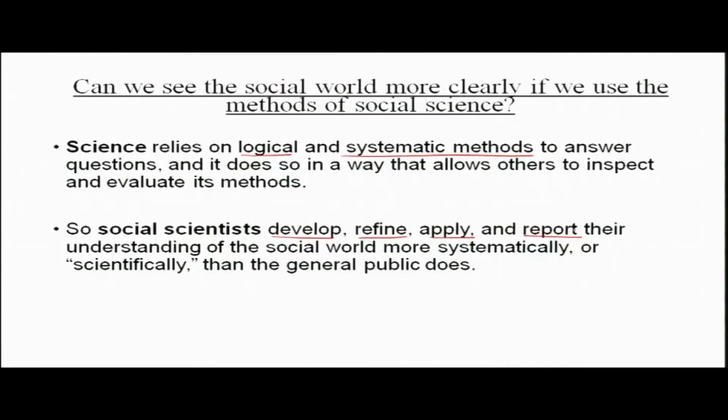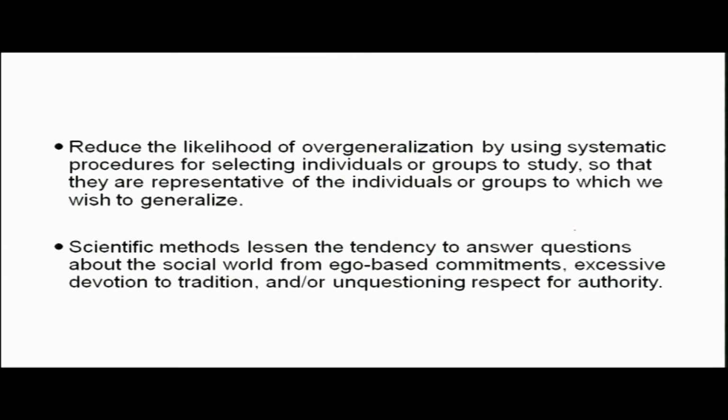So you have to constantly refine, apply and then find ways of reporting your findings in a systematic and scientific manner. So this is one of the starting points of understanding how to do social science research with a focus on gender. So we also see that this reduces the likelihood of overgeneralization. So this is something that we have to constantly look out for,